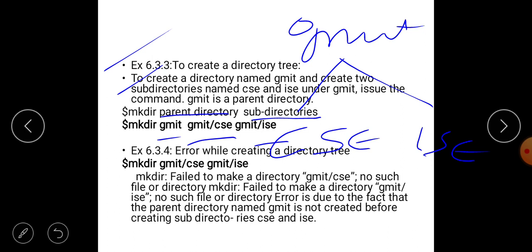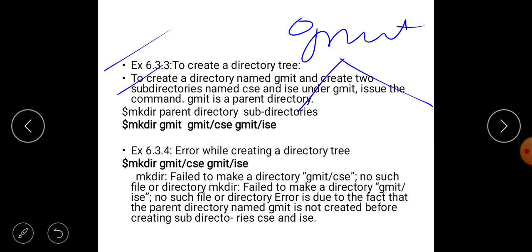Okay, next we'll move on to the next example. Error in creating a directory tree, means there is some error. Suppose you give the command with arguments like this: mkdir gmit slash csc space gmit slash isc.